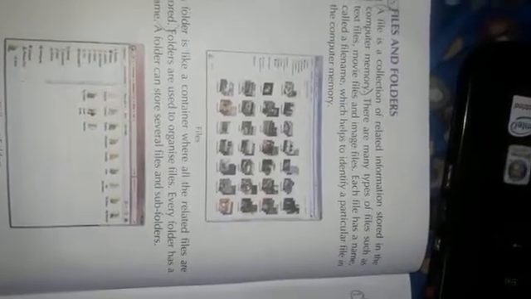Every file has its own name called a file name, which helps to identify a particular file in the computer memory.